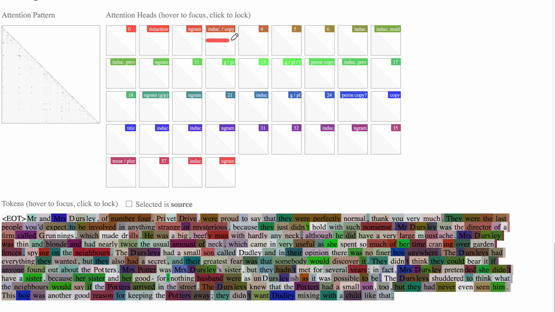There's a bunch of these induction and copying heads. There's just tons and tons and tons of induction type stuff going on that allows us to go and just copy previous words and increase the probability of when something similar happens, the same tokens appearing. Then there's a bunch of heads involved, or attention components involved, in copying people, gender, plurality, handling verb subject agreement, handling verb tense, consistent tenses between sentences. So there's a lot of stuff like that. And honestly, that's a pretty big fraction, at least, of the interpretable stuff that seems to be going on